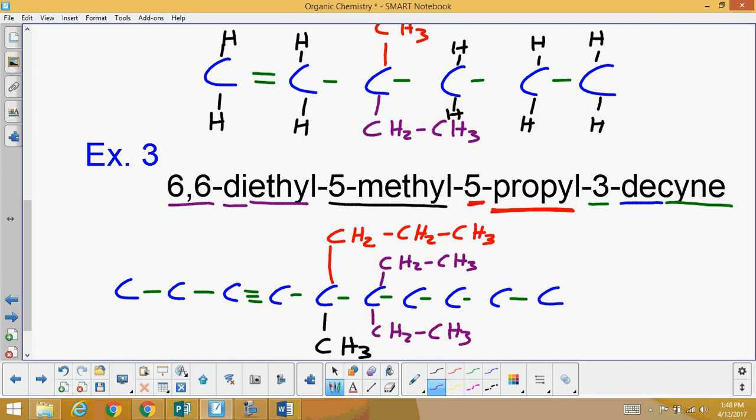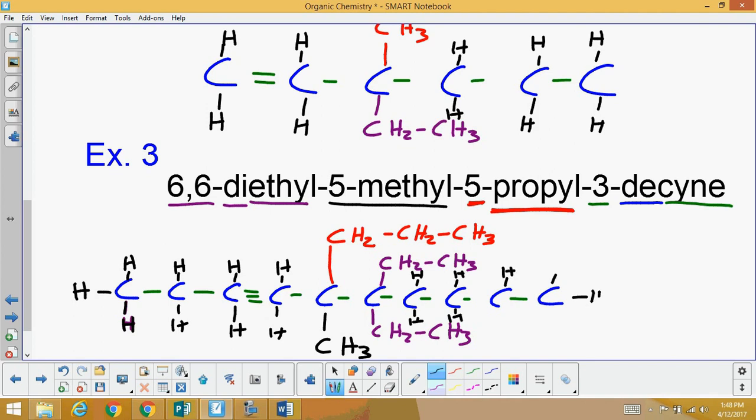And the last part of this is add all the hydrogens. Now this gets tedious because now we're adding like 20-some hydrogens on here. So after this, I'm going to show you how to quicken this drawing up. So these are the expanded